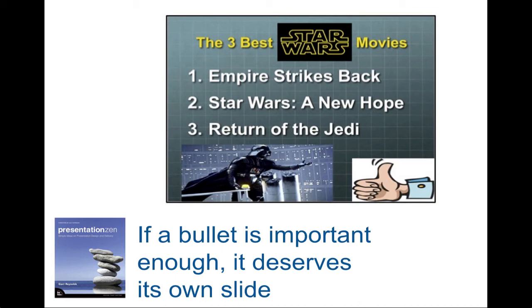So I'm on a Star Wars vibe this session, so let's play with it. Here are my three favorite Star Wars movies. First one, by far for me, is Empire Strikes Back, and then Star Wars, A New Hope, and then Return of the Jedi. And then because I thought I needed to use every bit of the screen, I put a squashed image of Darth Vader. It looks like he was in the trash compactor from Star Wars, A New Hope. And then for good measure, I threw in a horrible clip art image of a thumbs up with a big white box around it. This slide is ugly.